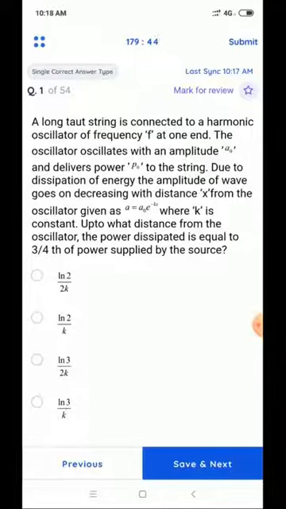On the top of the screen you will find the timer. The timer is decreasing continuously, so it won't stop. Within this time only you have to submit the exam. Otherwise, if it comes to 0, the exam will get auto submitted. So remember this time. Even if you leave this exam, the exam timer will continue and it will end.